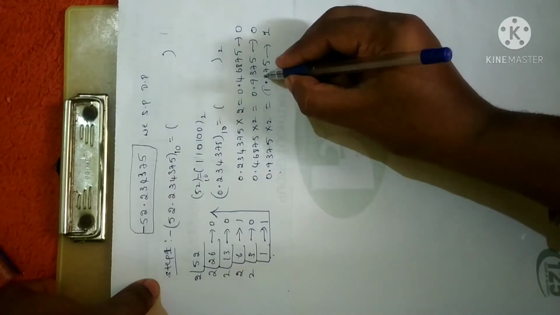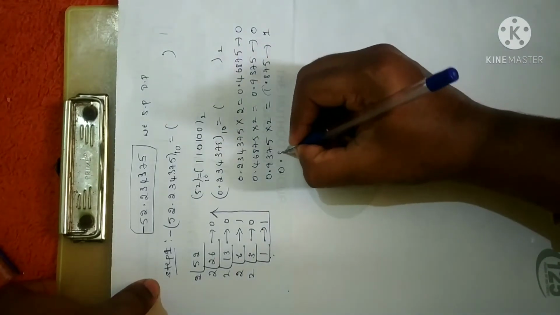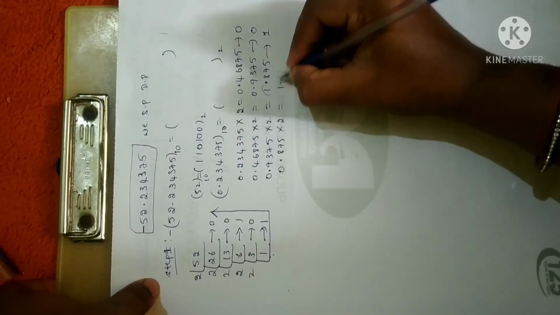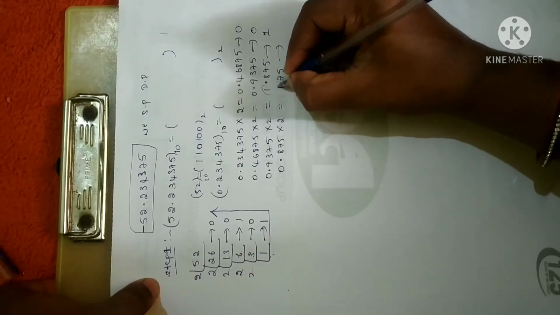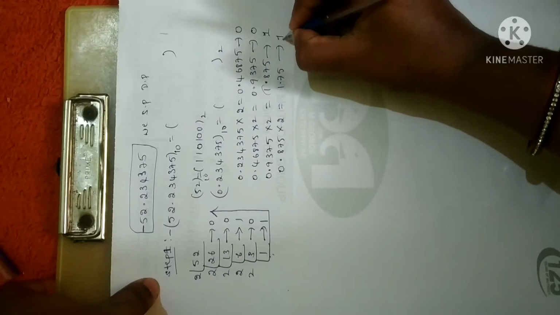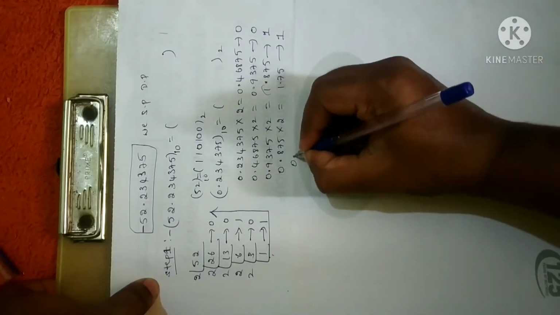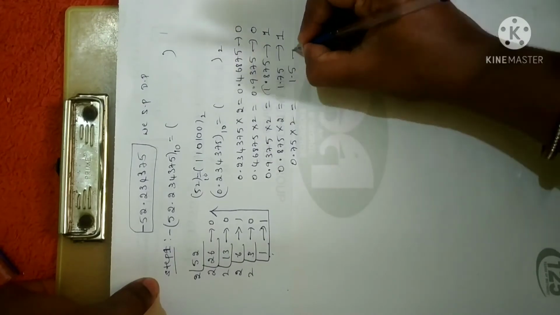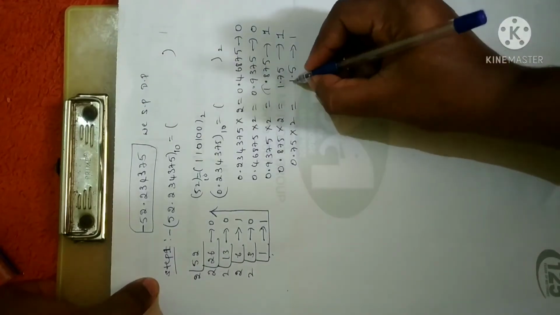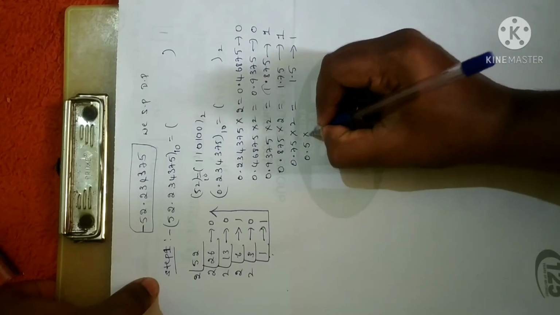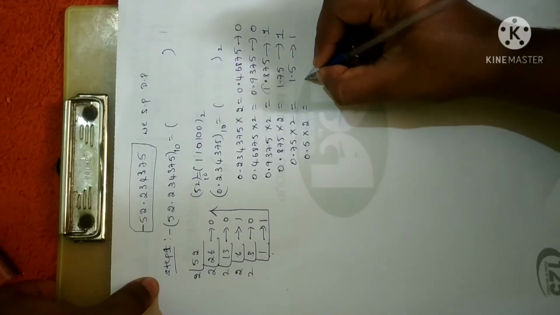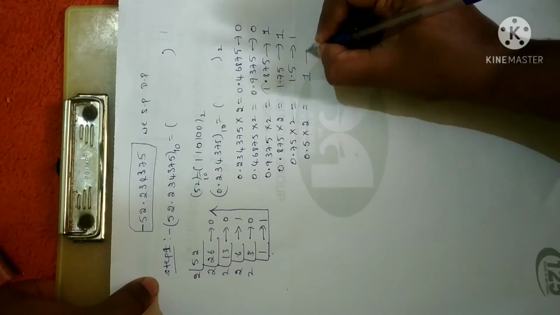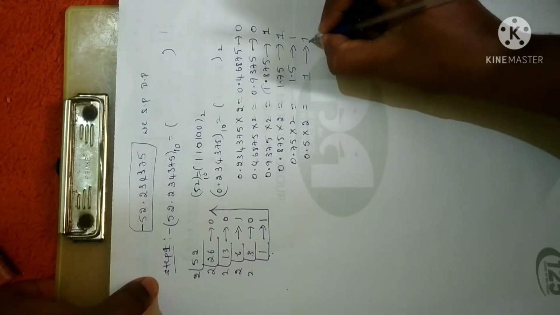Now for the next multiplication, I have already told you that you have to take 0.875, but you should not take the 1. Multiply it with 2 and you will get 1.75. Now you have to truncate this value and write the 1. While multiplying, you take 0.75 into 2, so you will get 1.5. The integer place is 1. Again, when you multiply 0.5 into 2, you will get 1. Since you don't have any fractional part further, you are going to stop here itself and rewrite the number here.